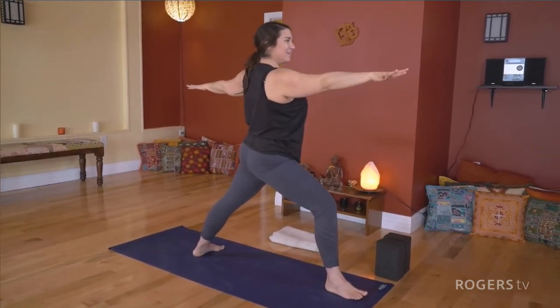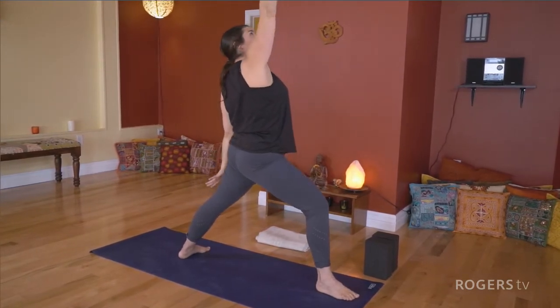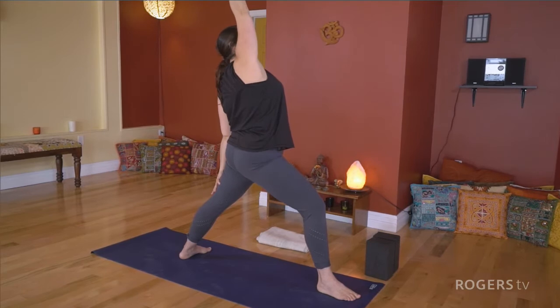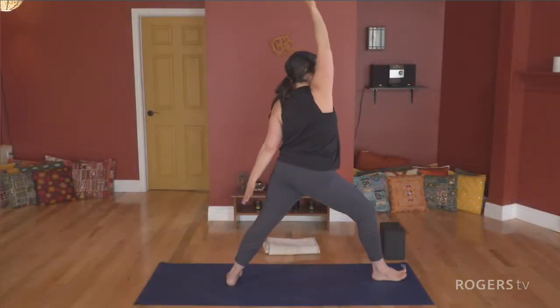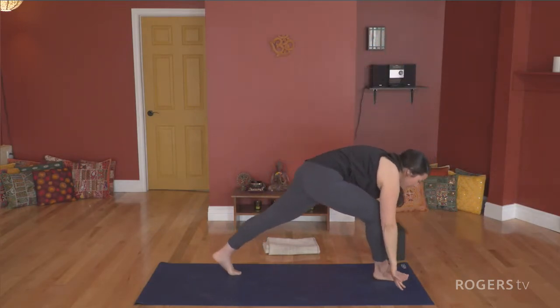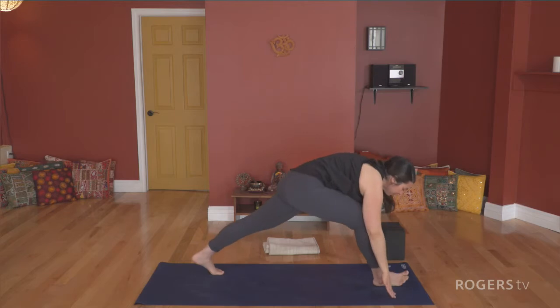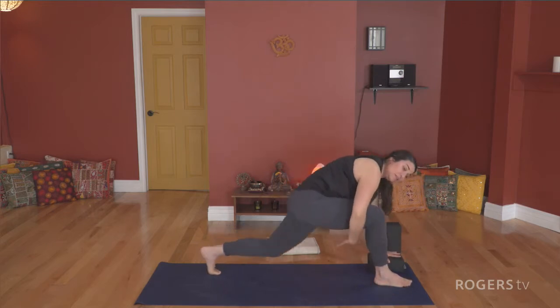Exhale, soften the shoulders. Next breath in, flip the front palm, back hand lands to back thigh, right arm reaches high to the sky, peaceful warrior. And then with your exhale out, sweep both hands forward, roll onto the ball of your back foot, find yourself in your lunge. Left hand onto the earth or left hand onto a block, left knee lifted or left knee